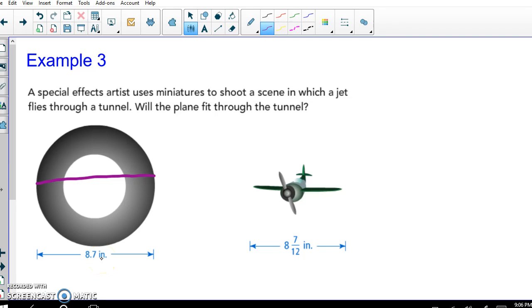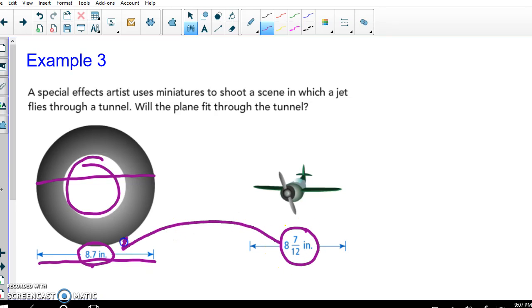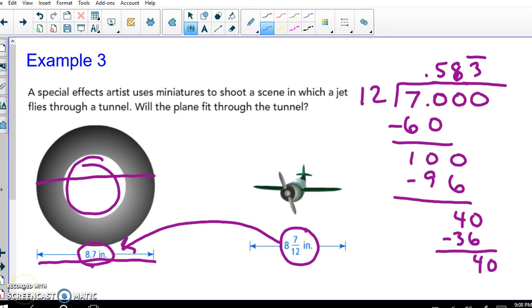However, this measurement down here actually indicates the entire width of the inside of the tunnel. So if the plane will fit through 8 7/10 inches, then it will fit through this tunnel. So don't let that be misleading for you. So we need to determine if 8 7/12 is less than 8 7/10. So let's check it out. So as we divide 7/12 out, we see that